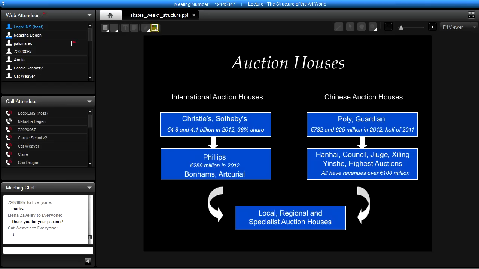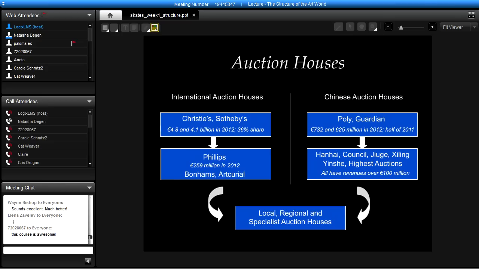So I was talking about auction houses and comparing international auction houses, Christie's and Sotheby's obviously being the dominant auction houses in the field, both of which have over 4 billion euros in revenue in 2012, and comparing those to other international auction houses such as Phillips, formerly Phillips de Pury, Bonhams, also UK-based, and Art Curial, which is based in France, and comparing that to the rise of Chinese auction houses. And I'm sorry if I'm reiterating myself. I know there's been some static issues, and for those of you, if you could hear me, I apologize. But I'll just go through this very quickly.